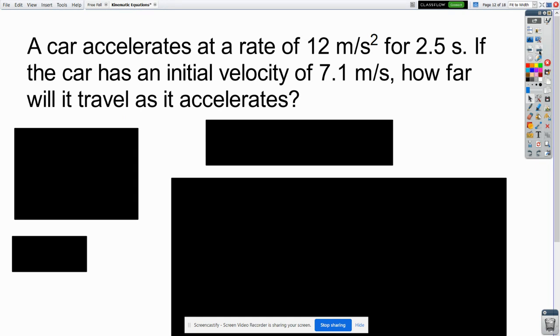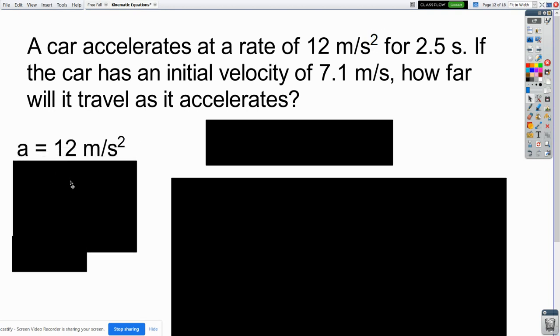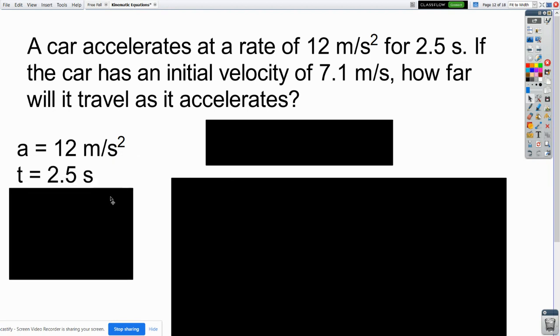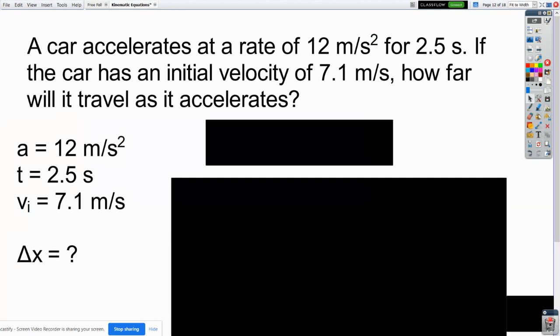Let's take a look at how some of this works. So we start off with a car. That car is accelerating at a rate of 12 meters per second squared. Accelerates 12 meters per second squared, that's A, for 2.5 seconds. Seconds is time. If the car has an initial velocity of 7.1 meters per second squared, that's Vi, how far, delta x, will